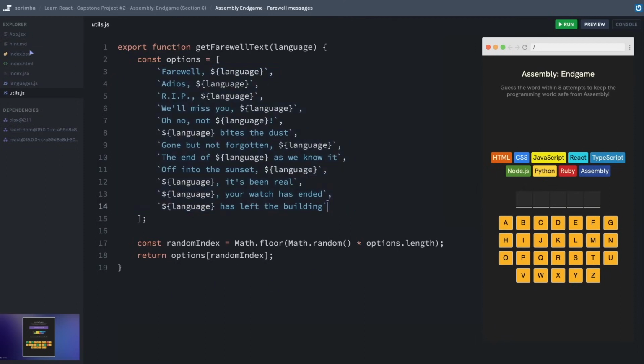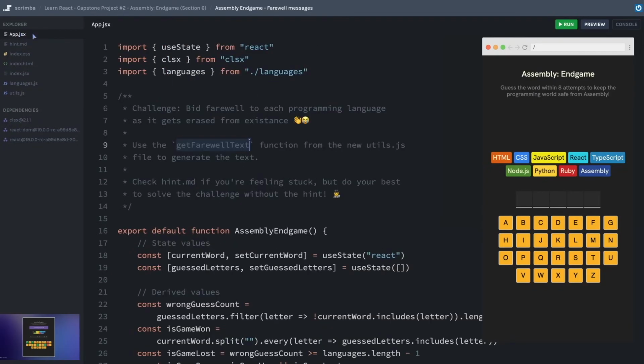Now, I'm not going to click on it, but I do have a hint.md file that I have created. If you give this your best shot and you find yourself getting stuck for maybe more than 15 or 20 minutes, at that point you would have my permission to go over to hint.md to see if that hint helps you out. But I do want you to do your best to solve the challenge without using that hint if you can. The time is yours. Go ahead and get started on this challenge.